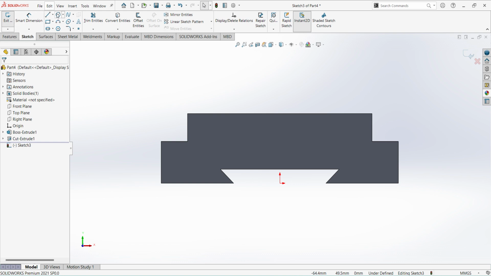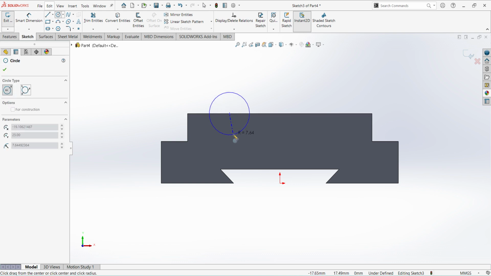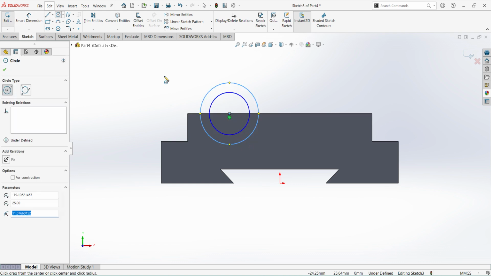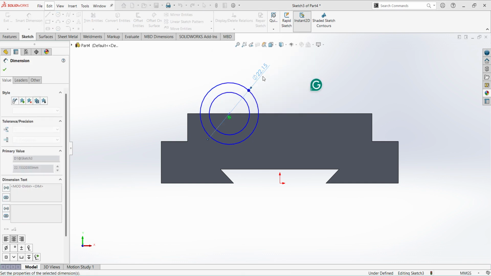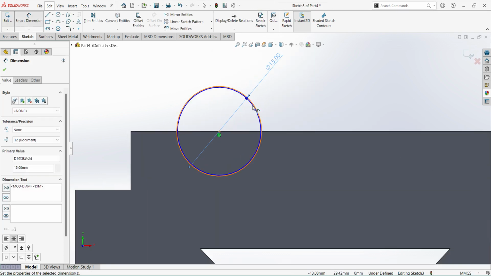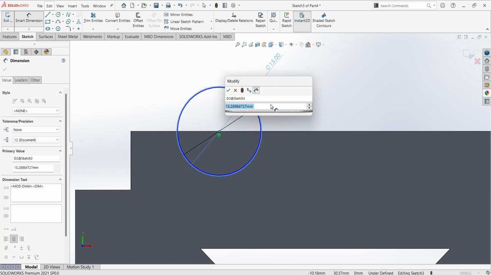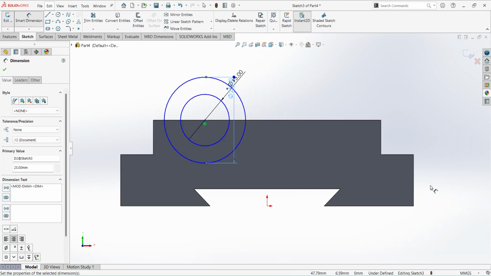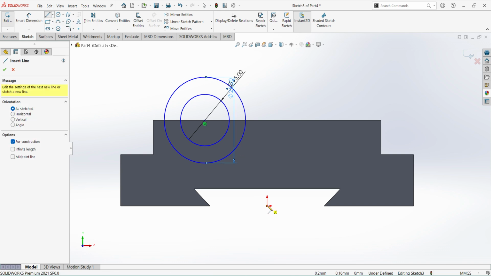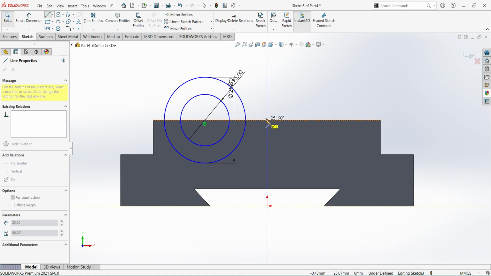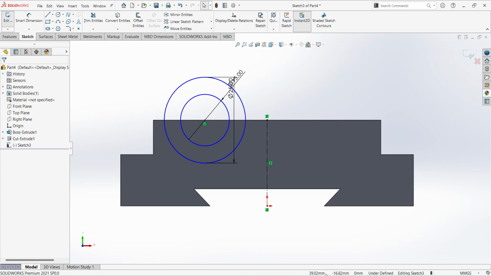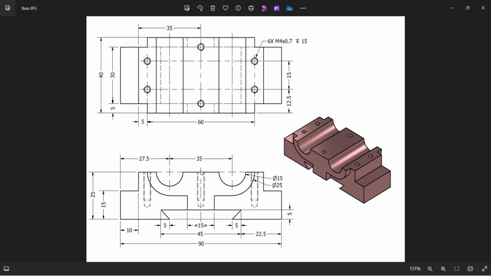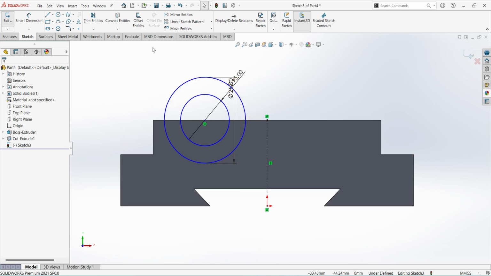First create circles, give the dimensions 15, 25, create one center line first, now give the dimension from the center 35 divided by 2,